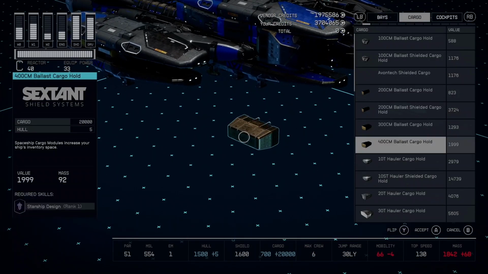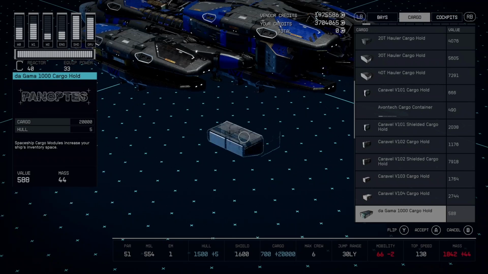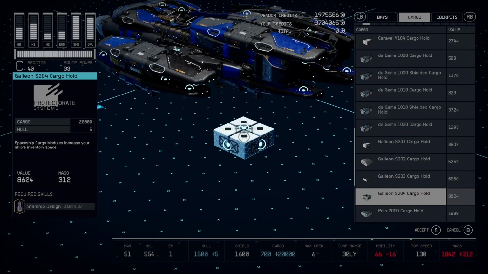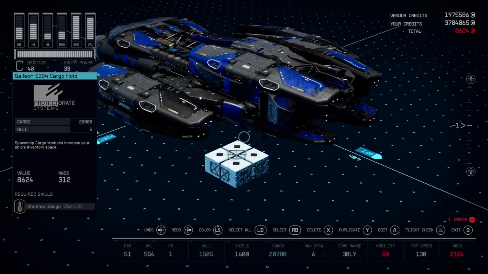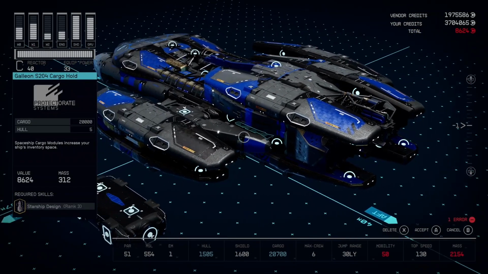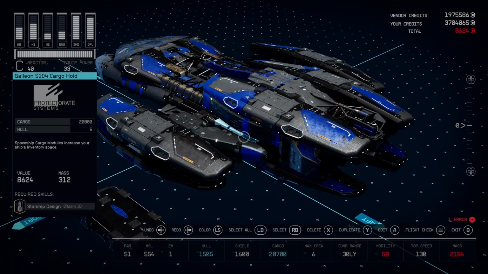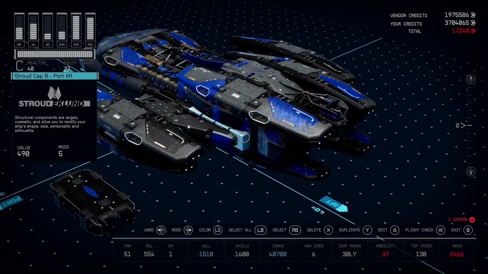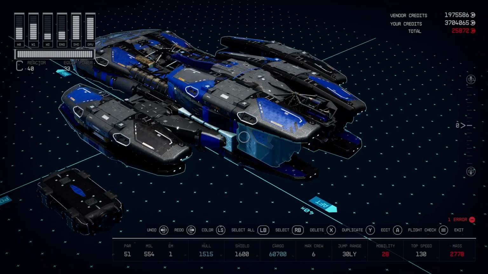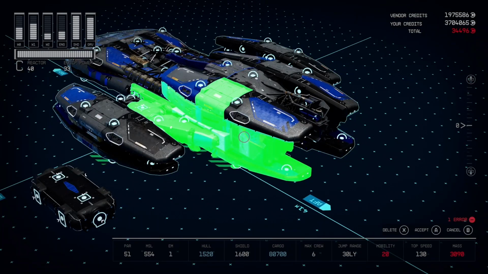And then, like I said earlier, what I did to have more storage room is I deleted this hab and I put... Did I pass it? No, I did, didn't I? Cargo. Come down here to... Nope. There it is. Alright, so I brought this in, and I would,